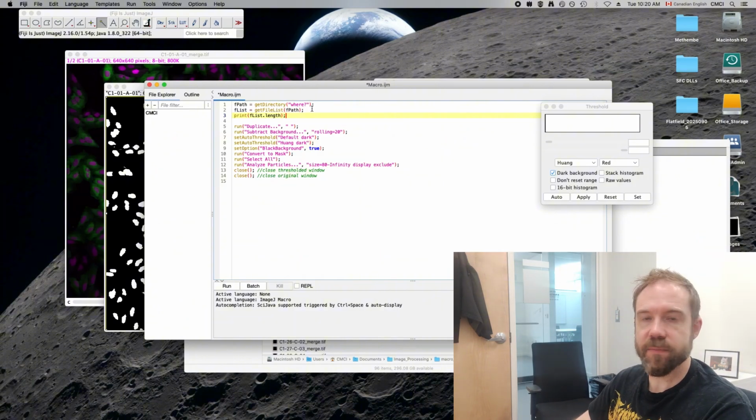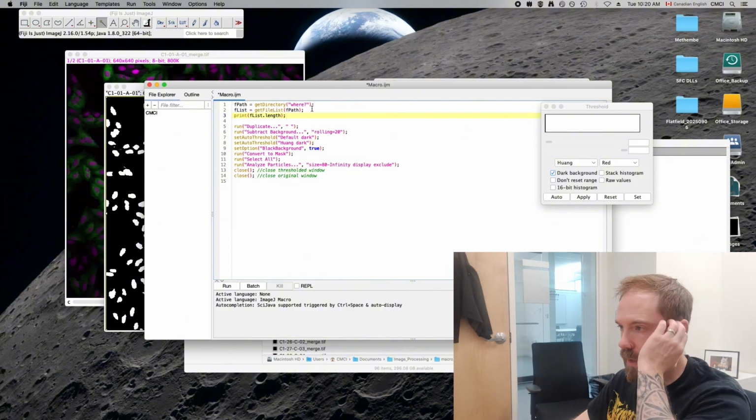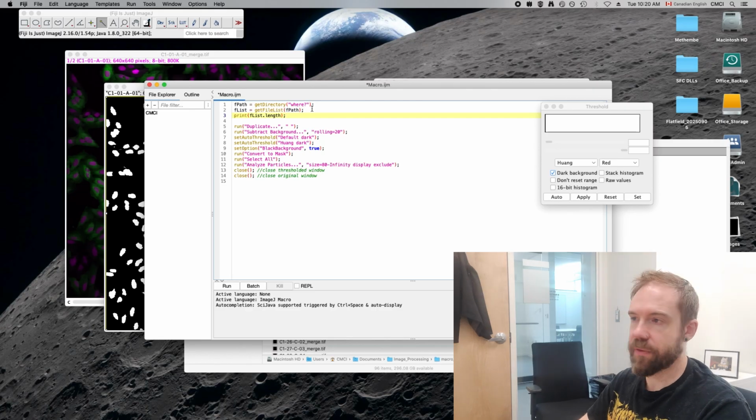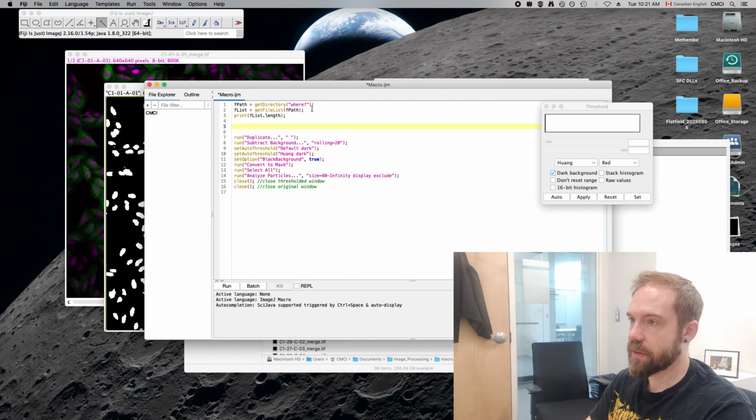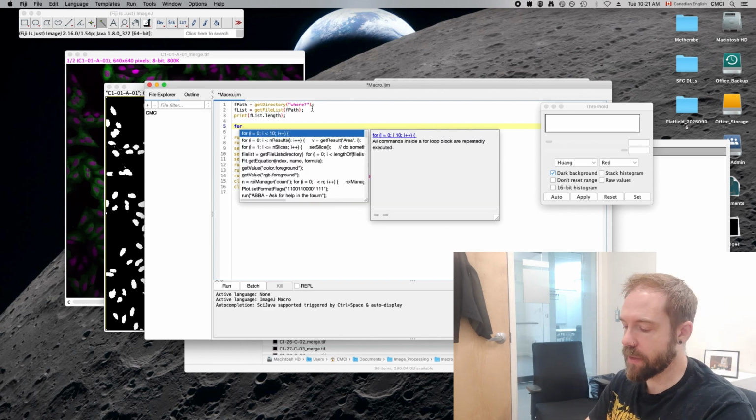So we've got this 96 member array that contains the file list that is located in that directory that I specified. How do I iterate across that directory? We're going to use the for loop. So the for loop works like this. We initialize it with the for keyword,